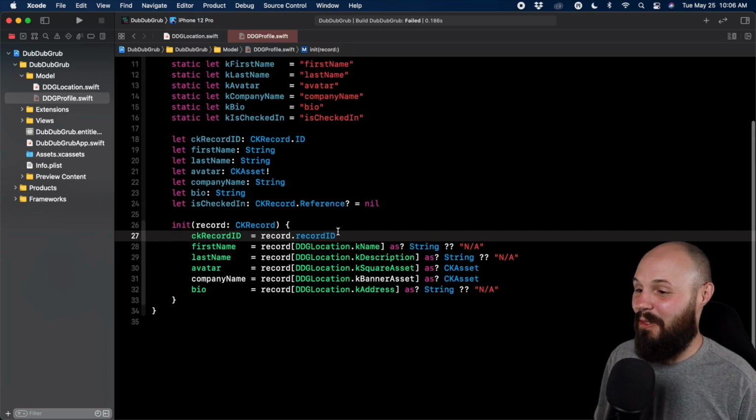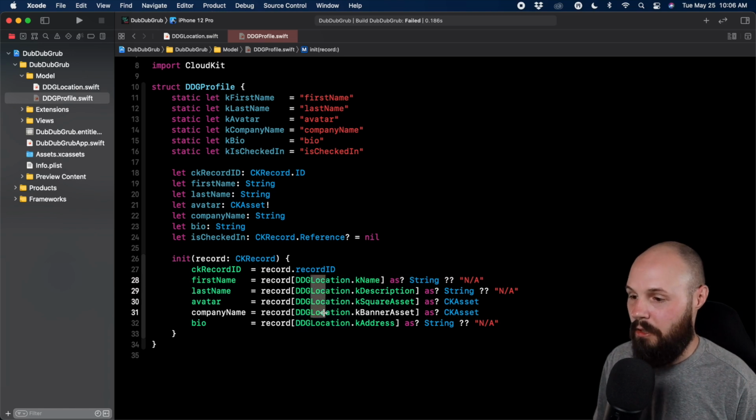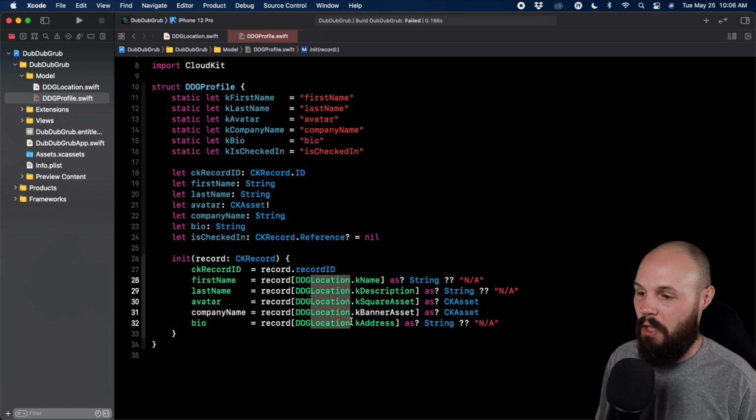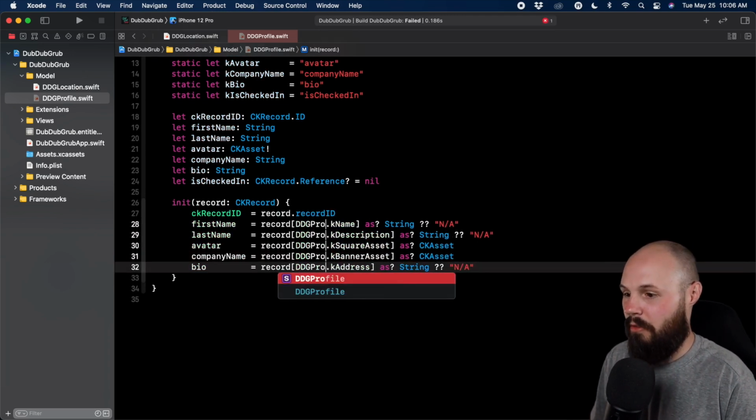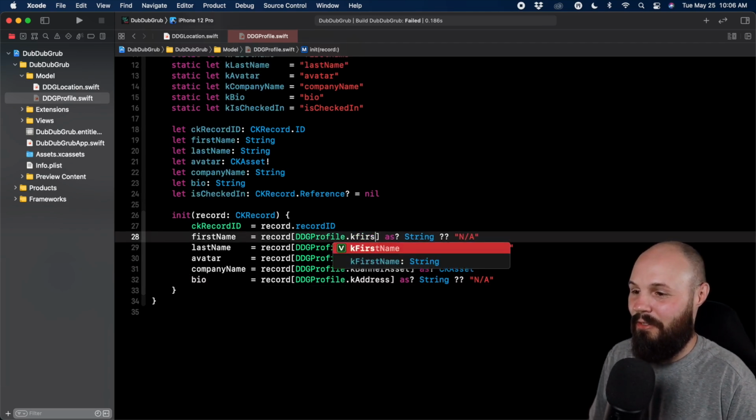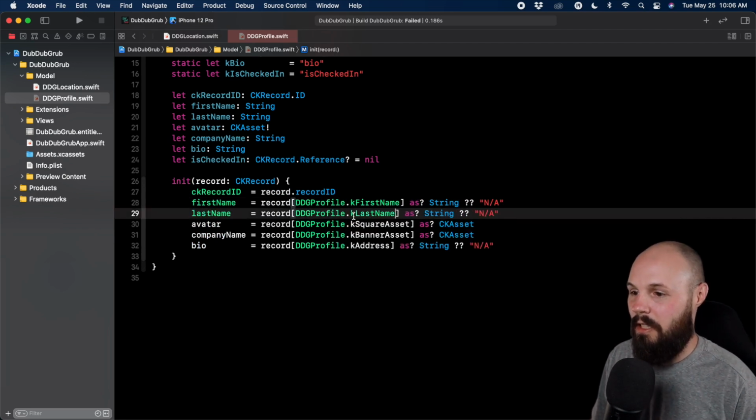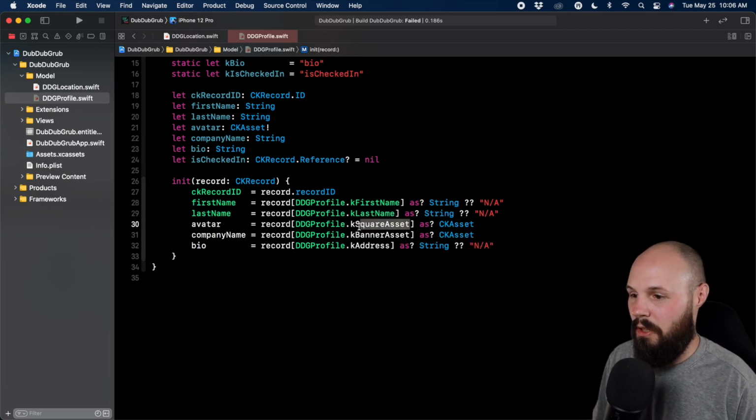Anyway. Okay, so now our constants are not DDG location K name. Here we go. I'll hold option, drag down here to what you want. And then now I can do profile. All the keyboard shortcut people are going to be happy. Now this is first name. And then this is going to be last name. And then this is going to be